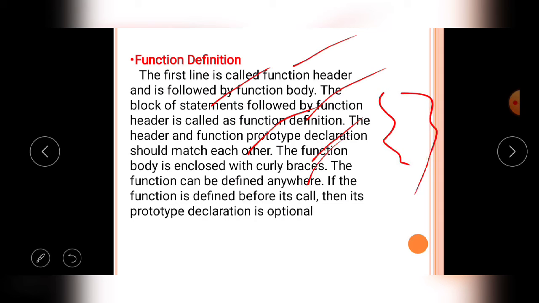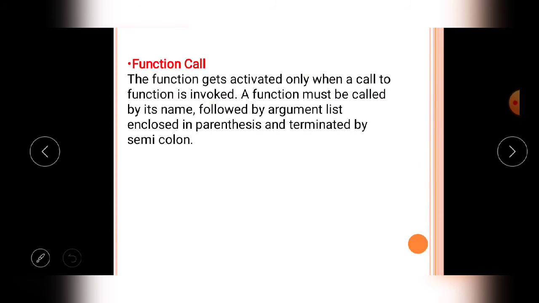Without any preparation, without any study, you cannot attempt the examination. Just like that, before defining the function, you cannot call the function in the program. That is very important. Its prototype declaration is optional. So the function definition is very important while you are declaring a user defined function.